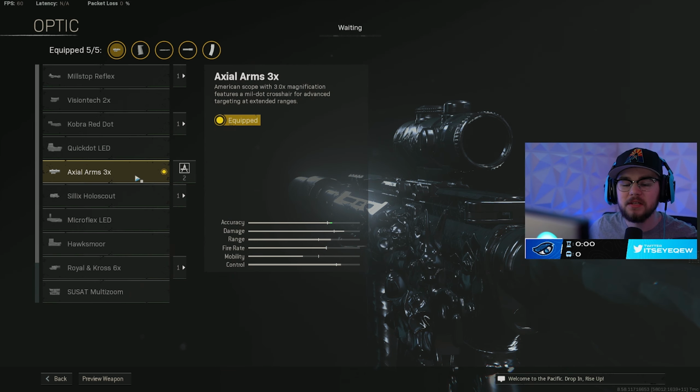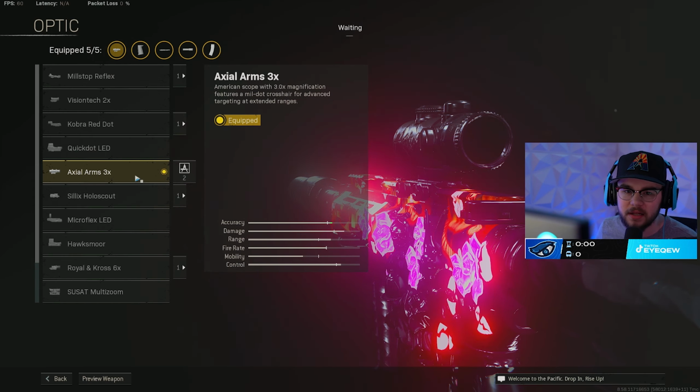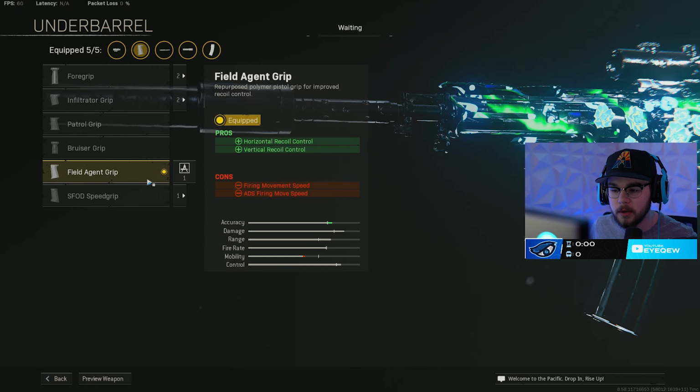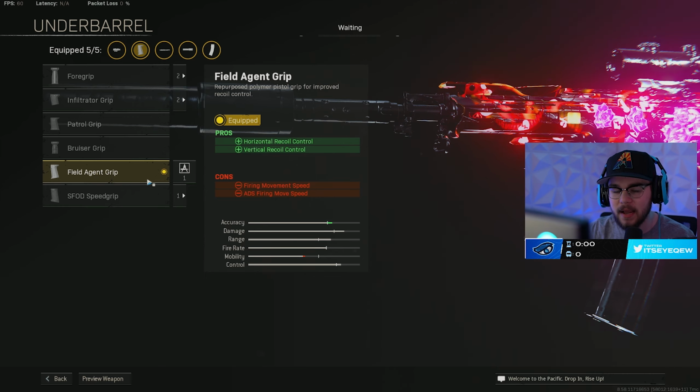And then your scopes and optics are always preference, like I always tell you guys, but I'm running the Action Arms 3x, which in my opinion is the cleanest and best Cold War scope. It's just very clean, perfect little circle, not zoomed in too far, not zoomed out too far. And then the XM4 does have some bounciness to it, so I personally toss in the Field Agent foregrip, giving you that horizontal and vertical recoil control, mixing with the task force and the agency, making this thing a beam